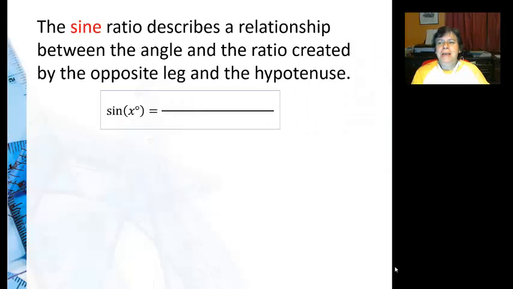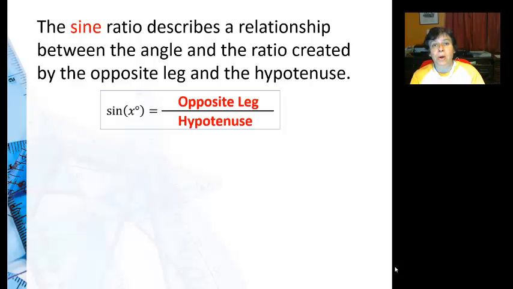tangent. So the sine ratio describes the relationship between the angle and the ratio created by the opposite leg and the hypotenuse. So all you have to do is take however long the opposite leg is. So that's a length. And you put that over the hypotenuse, which is also a length. And if you took sine of an angle in your calculator, it would give you the same number as just